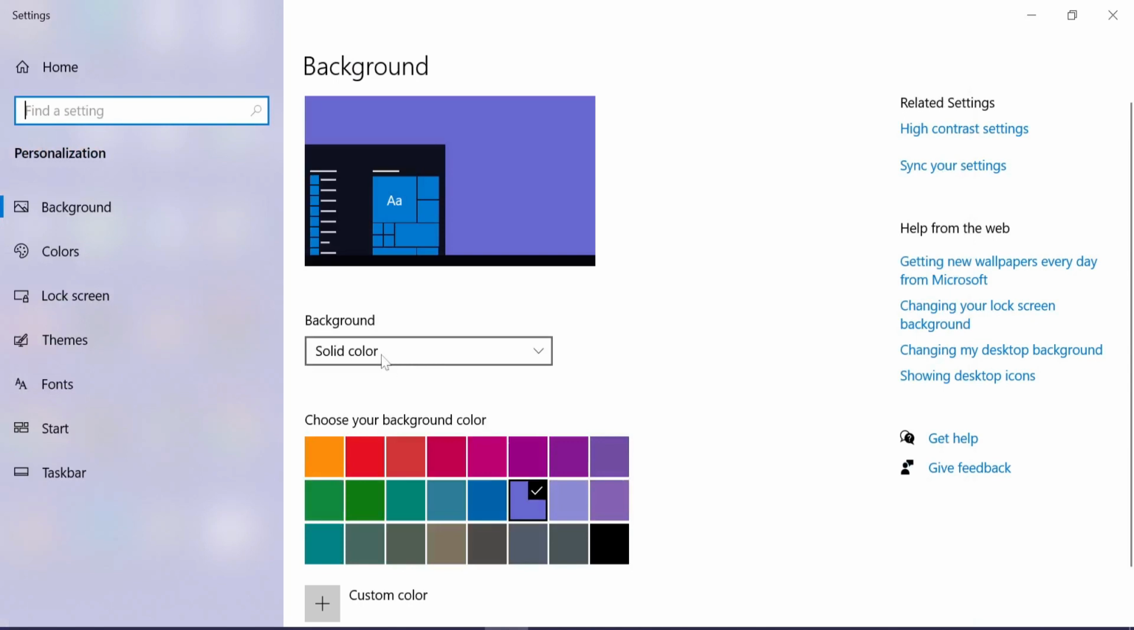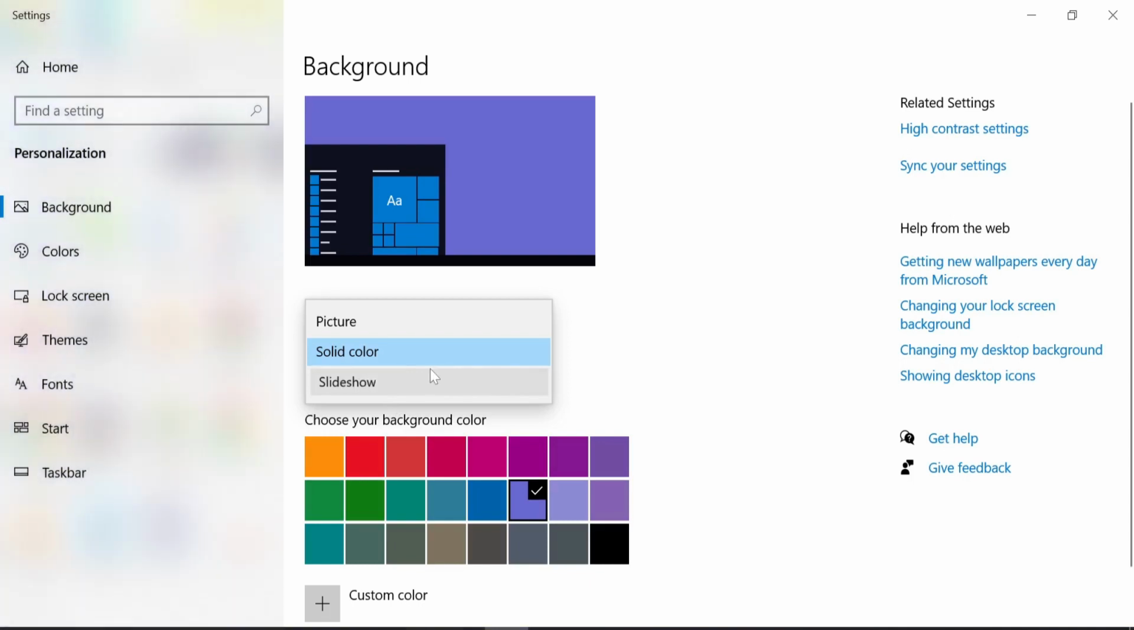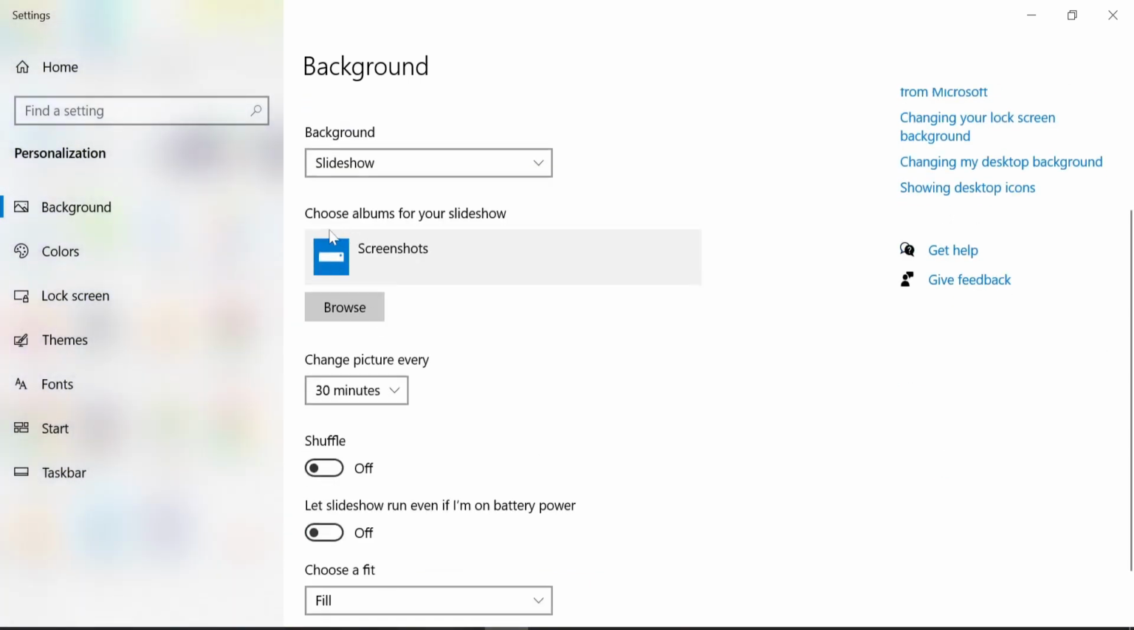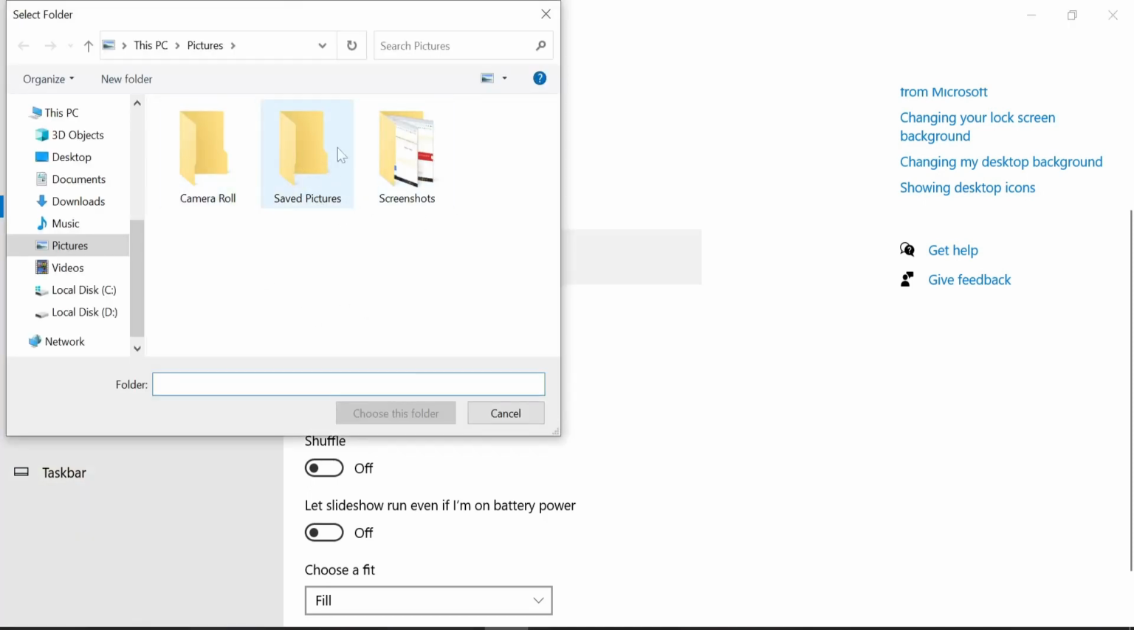And the third option is an interesting option. Expand it again and select slideshow. And here you can see I can choose an album for the slideshow. To choose the album, just simply select the browse option. And here, if I want to just select